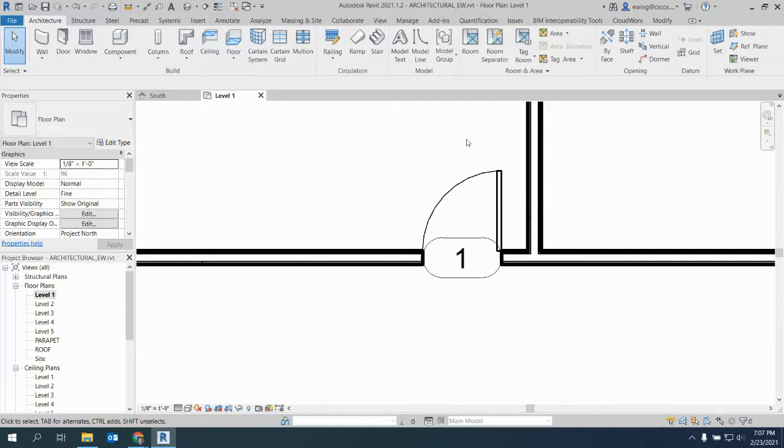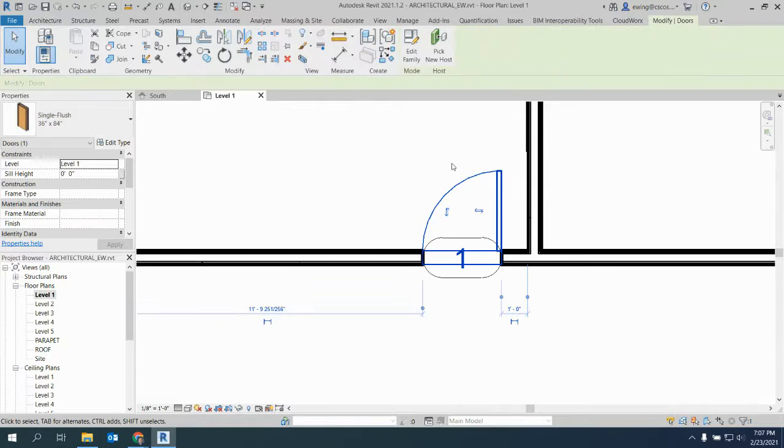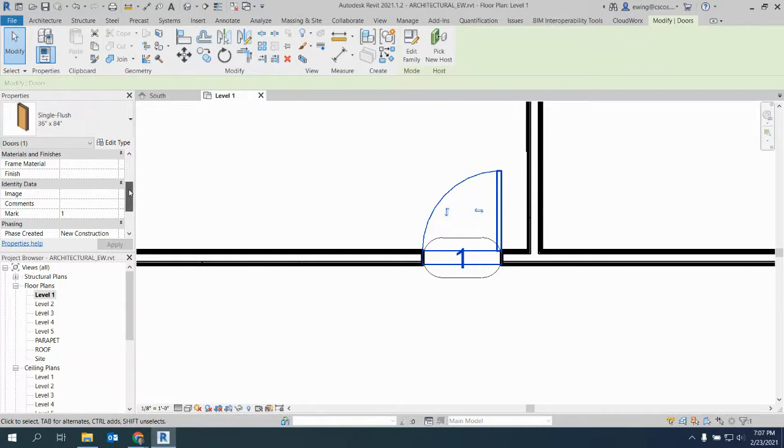Okay. So let's go ahead and select the door. Now let's get into the properties. Again, like I said last week, if you select any item in Revit, the properties that come up here immediately are called instance parameters, right? They're unique only to that item you have selected. So if we scroll down to identity data, notice the mark is the same as the tag, right? This is the number. This is where that data is stored. That's that unique identifier. So if we click into mark and just type in 101 and hit enter,